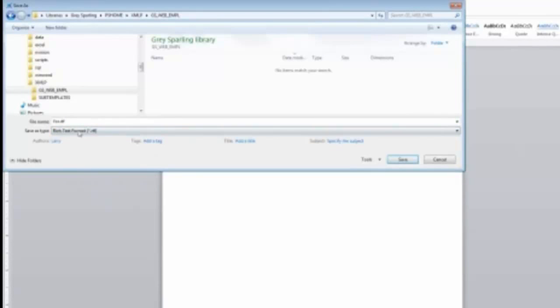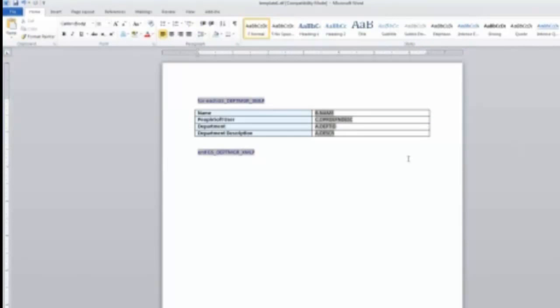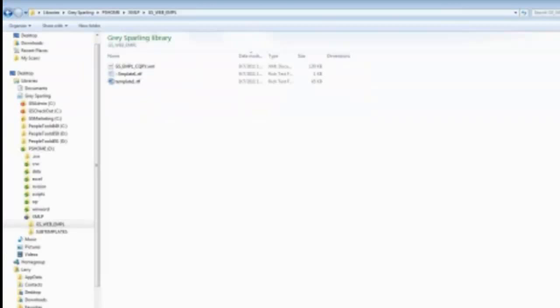Thank you. So what we're going to do is set this as a type of rich text format, and then we'll just call this template 1, just to give it some sort of name. Save it there. So now that I've saved this, I can actually upload that template to actually be used in PeopleSoft. So what I'm going to do before I do that